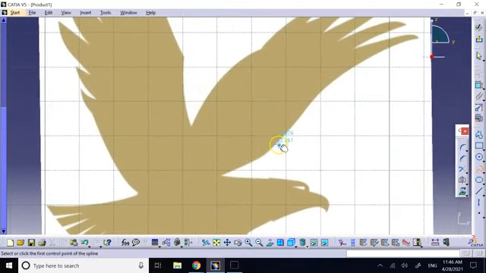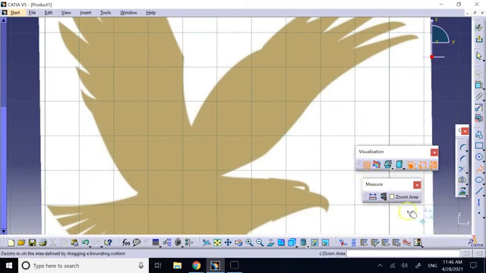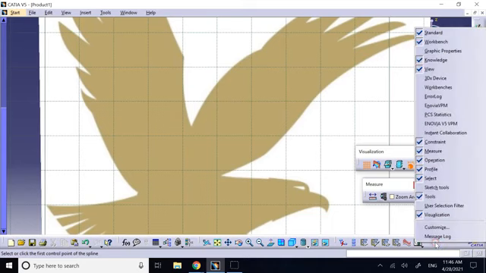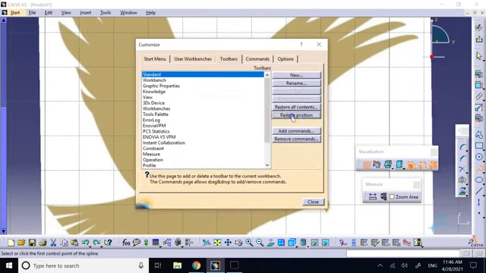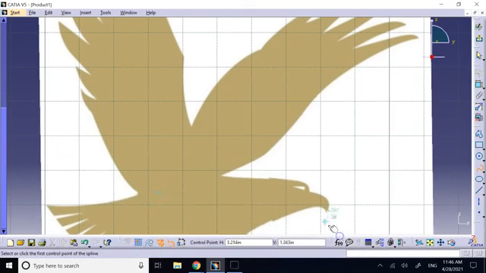If snap to point is on, make sure you turn it off so that you can click on any point that you want. It is typically in the sketch toolbox, and right now I don't see it, so I can go to customize and then toolbars and restore position. Just want to make sure I show you that. And that's this guy. Okay, make sure this is off. If it's on like this, orange, you can only click on the grid point, so make sure you turn this guy off. And now you can click anywhere you want,